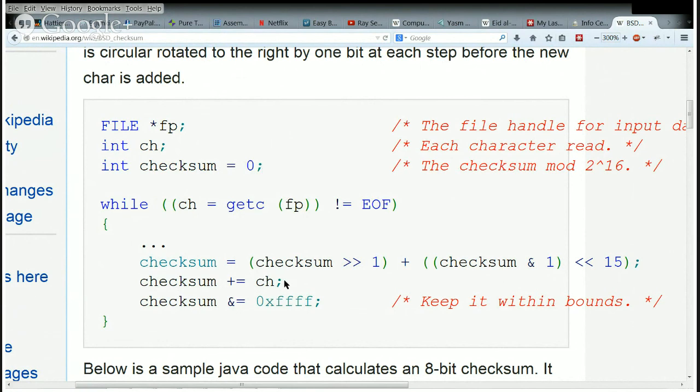And then they take a character and add it to the value that's there, and then they clip it. Well, if we're going to maintain a 64-bit number, let's try doing a similar thing, rotate it 1, and add in the next 8 bytes and see how this works. I'm doing screen share. I'd like to change it.